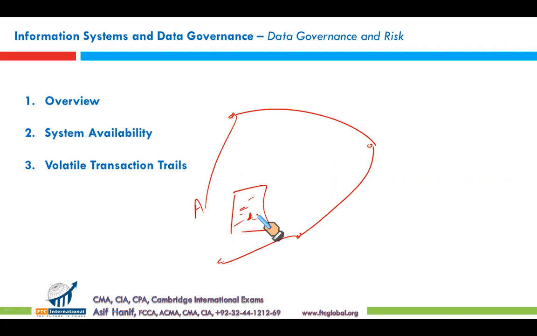That is true in the paper-based environment. But when you have IT-based systems, this is called audit trail. Trail means you can follow through that this document went from position X to Y, or manager X to Y, then from Y to Z, Z to M. This is called audit trail. You can track and trace how this document moved.